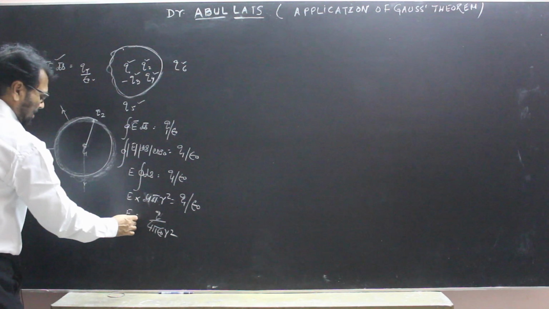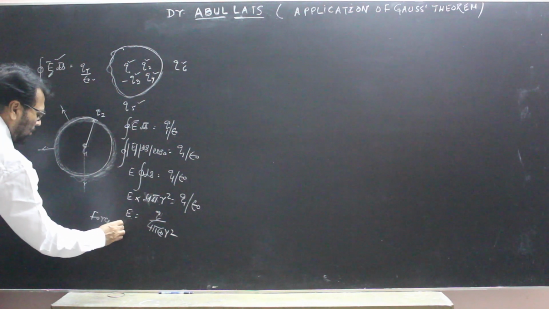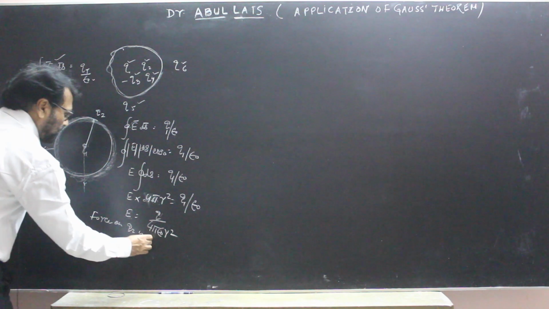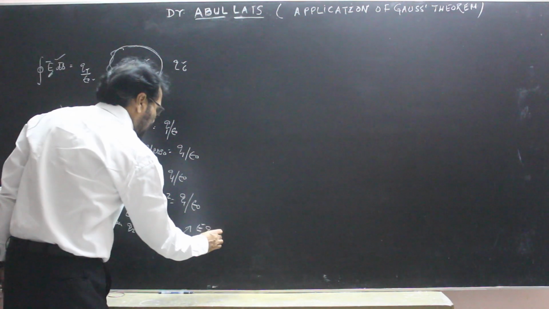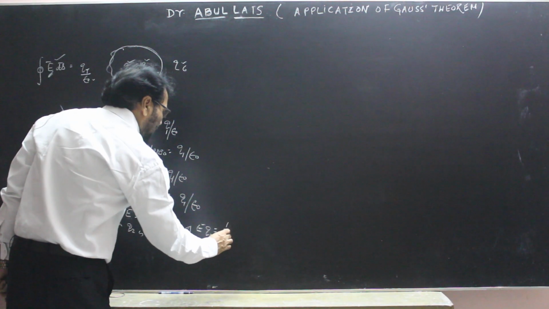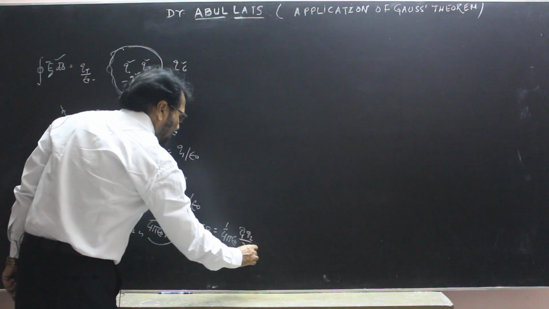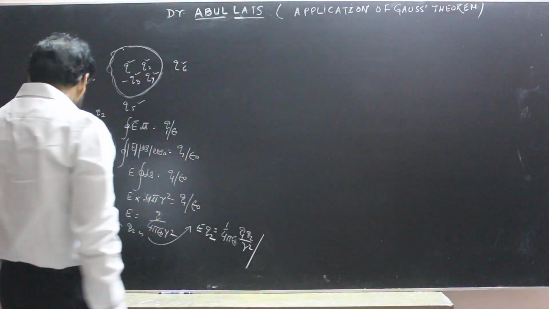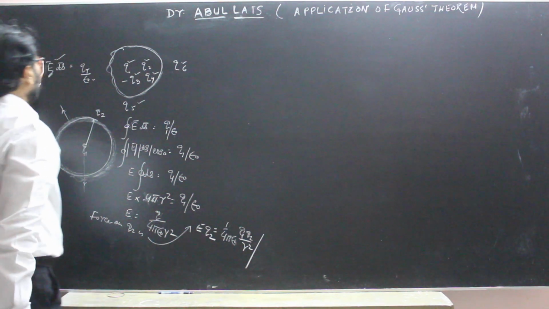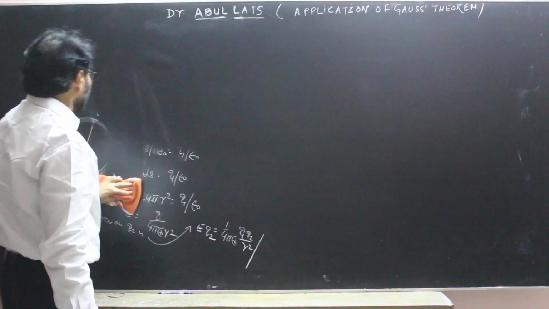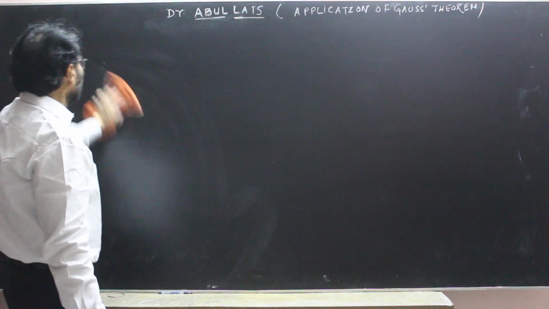and at this point if the value of electric field is E, the force on Q2 is E Q2, and it is 1 upon 4 pi epsilon naught Q1 Q2 by r square। So this is Coulomb's law, which has been derived from Gauss's theorem। So we can of course calculate Coulomb's law from Gauss's theorem and Gauss's theorem from Coulomb's law।